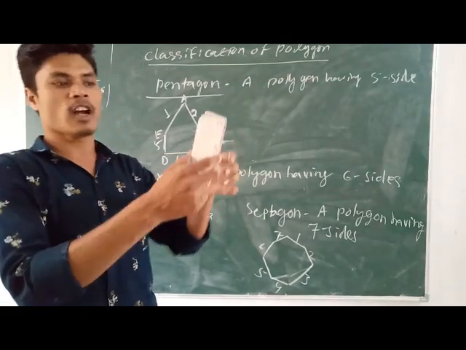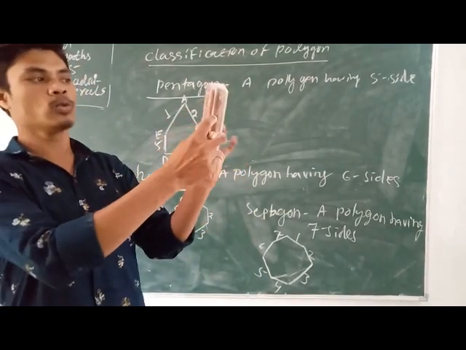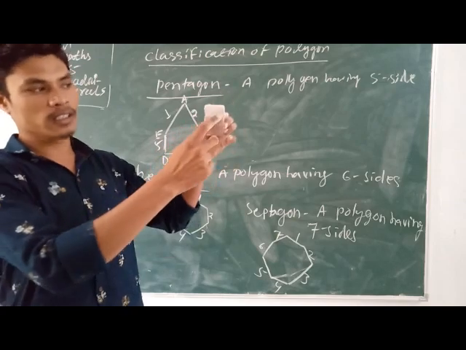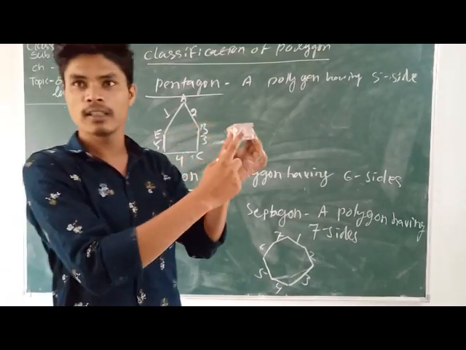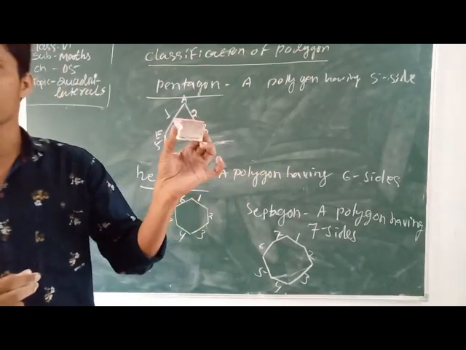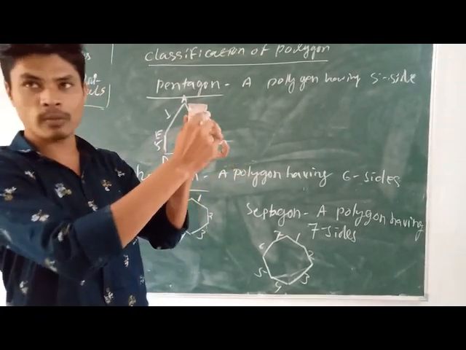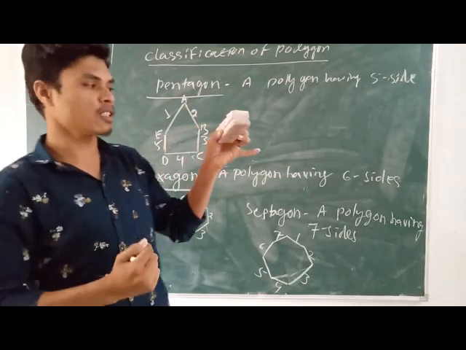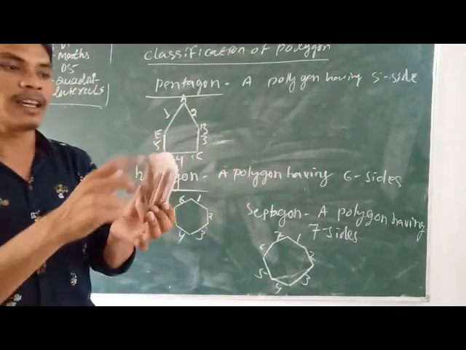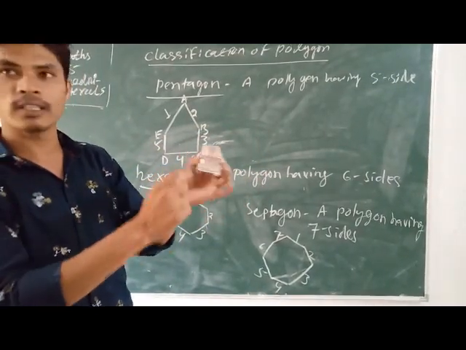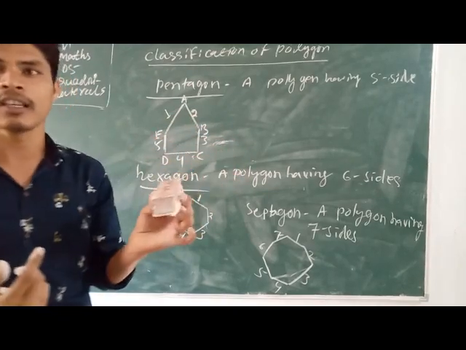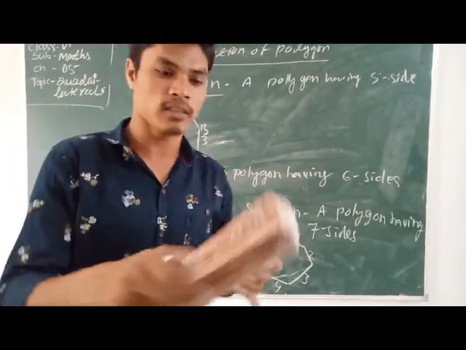A cuboid is a 3-dimensional shape. See here, how many faces are there? 1, 2, then 3, then 4. Then this side 5, then this side 6. So 6 faces. Then how many vertices? 8 vertices. One side 4 vertices, another side 4 vertices, so 8 vertices. Then how many edges? Here 4 edges, here 4 edges, and on all sides 4 edges. Then 12 edges. Now draw it on the board and see it.